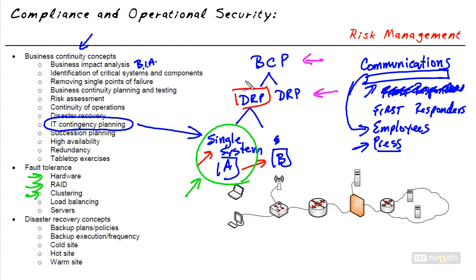And that way the company as an organization can have one nice clear message that's being communicated to the public. And also if we have a plan regarding who's supposed to contact who internally within our organization, it's going to help reduce a ton of confusion. And by reducing the confusion, it can help improve our recovery time to getting up and running and back in business, which is what business continuity plans are all about.